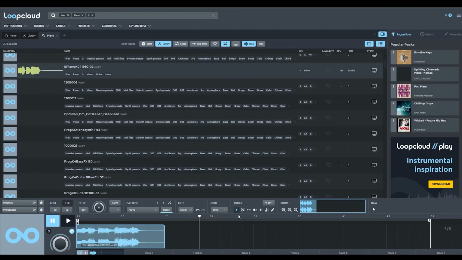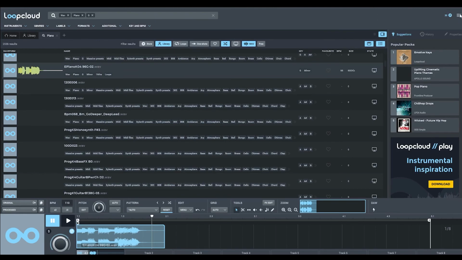Okay, so I found a little loop here that's in my library already, and it's short, it's sweet. I've got it at the tempo that I want. And that's all I want. So there's a handle on this. So now that I've got what I want, I could transpose it if I wanted to, but I found one in G here. So I'm going to minimize this a little bit